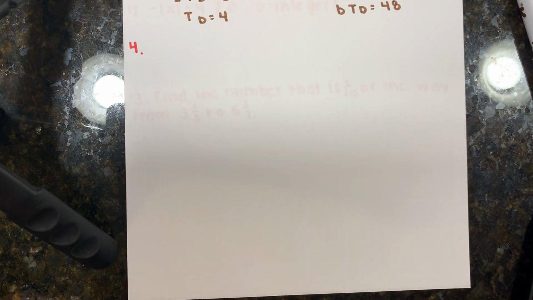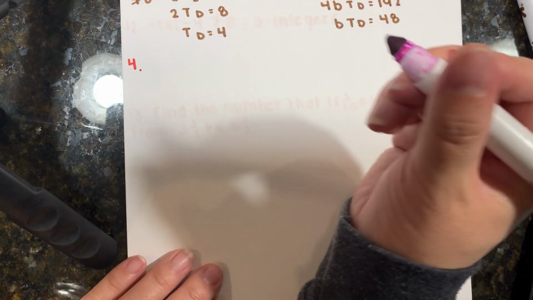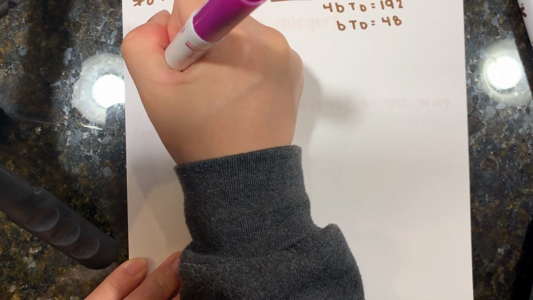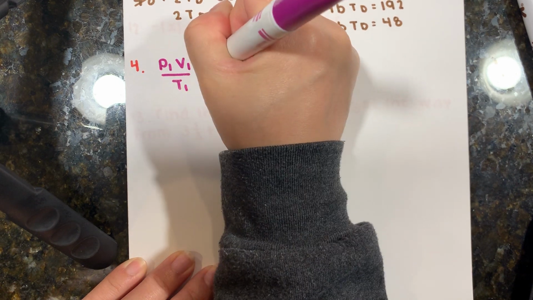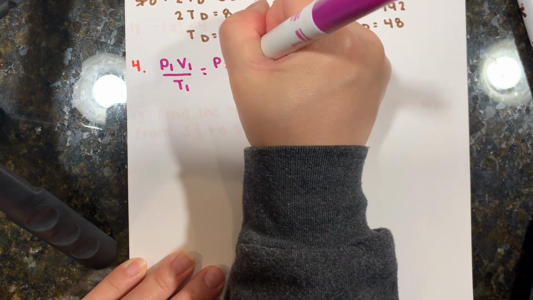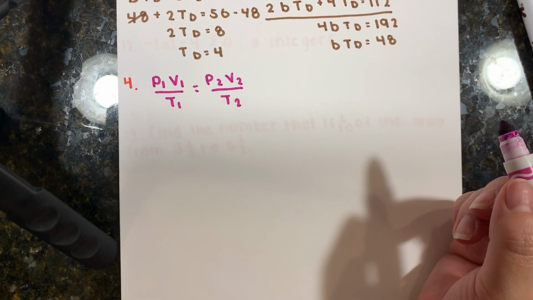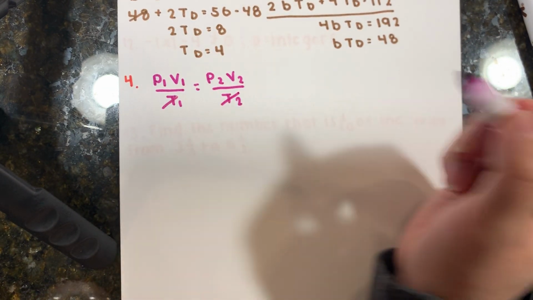Now moving on to number 4. The temperature of a quantity of an ideal gas was held constant at 500 degrees Celsius. The initial pressure and volume were 700 and 500 milliliters. What would the final pressure be if the volume were increased to 1000 milliliters? So for this equation, it's usually P1V1 over T1 equals P2V2 over T2. But because it says the temperature is held constant, we actually don't need the temperature in this